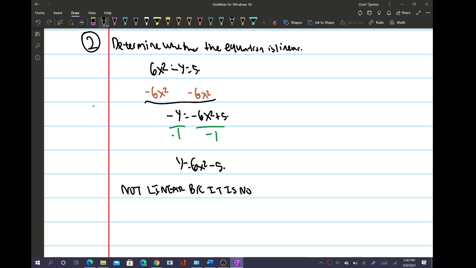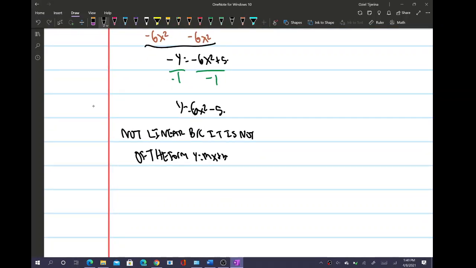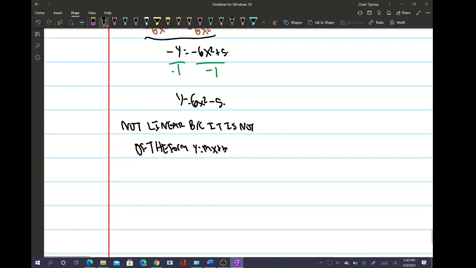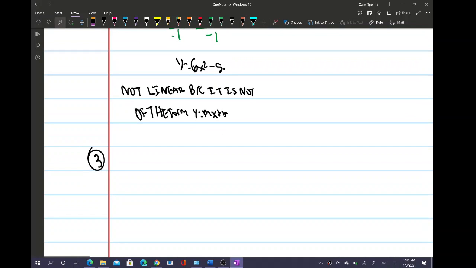Because it is not of the form y equals mx plus b. Okay, because we have a 2 here, that means that it's not linear. Obviously it's a quadratic, so it's not linear. If we graph it, we're not going to get a line, right? The third one says determine